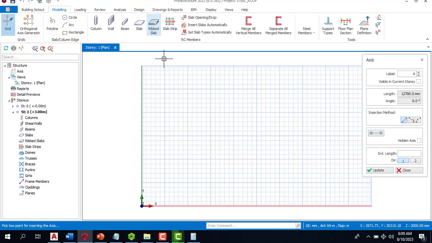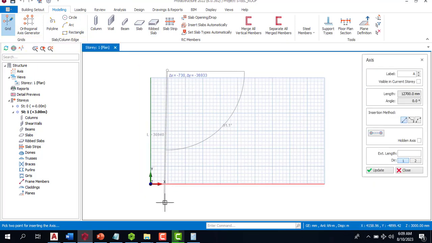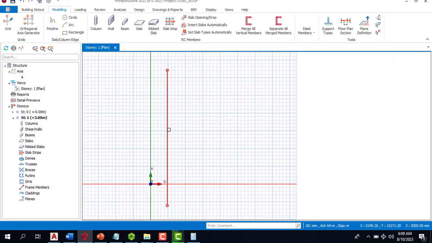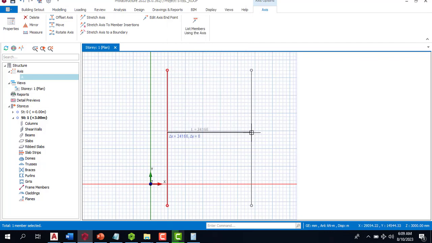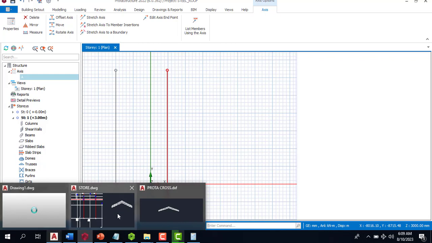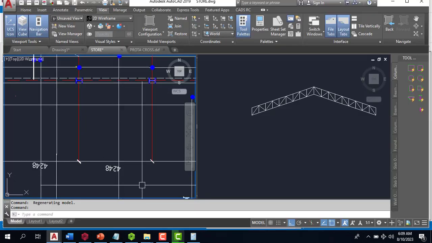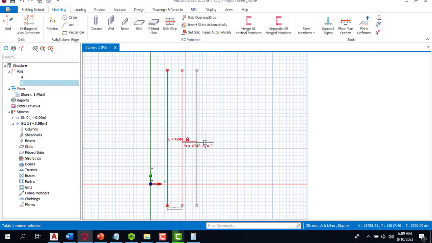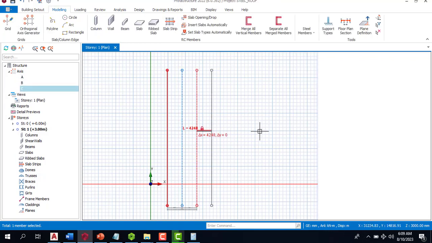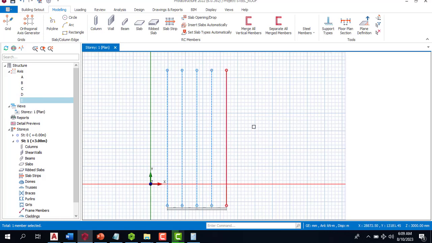I'll use this. I'll hold on Control to have a straight line. I'll right click on it, and I'll offset. So I'm going to reconfirm the width of this, 4248. F2, 4248. Enter, and then since this is what I have,